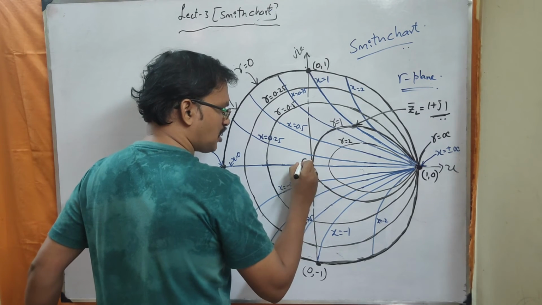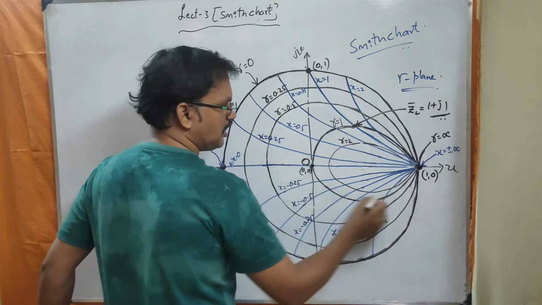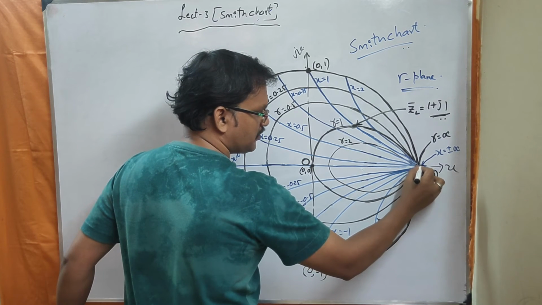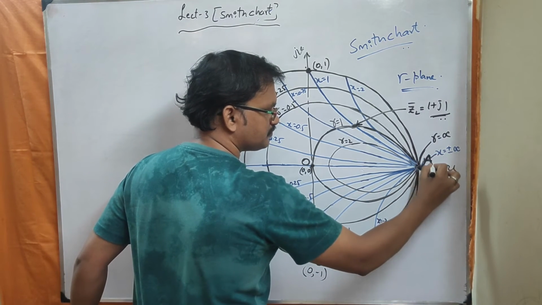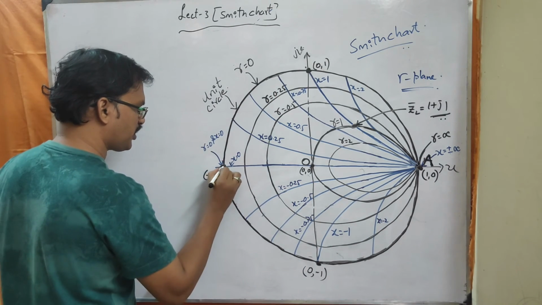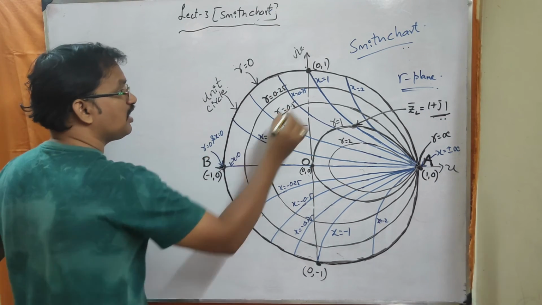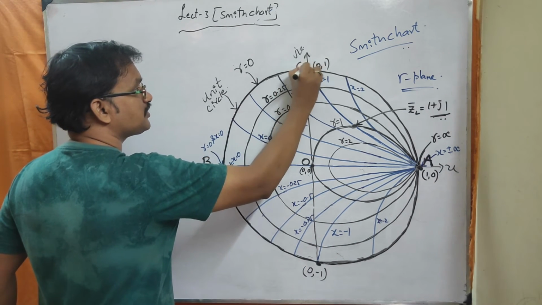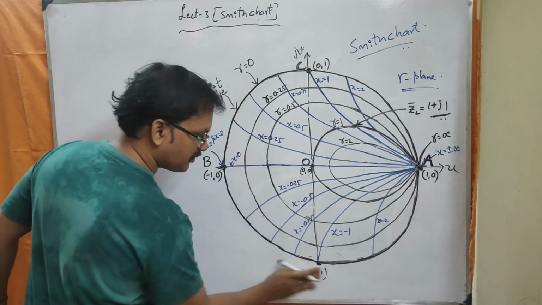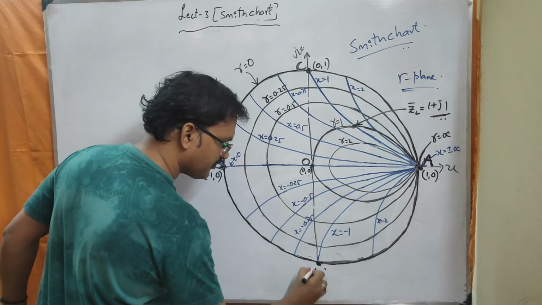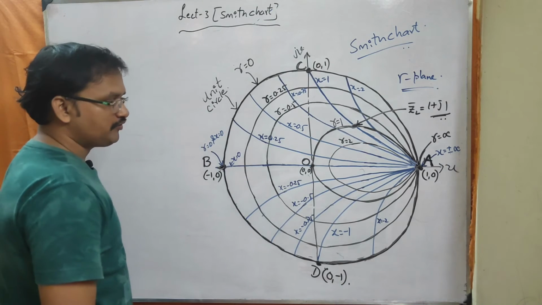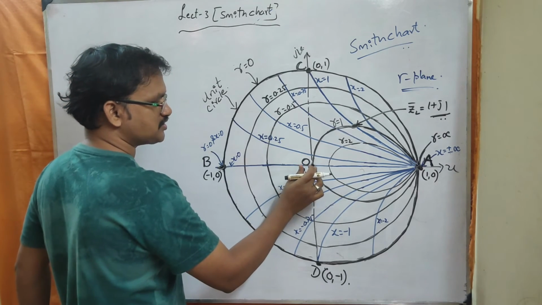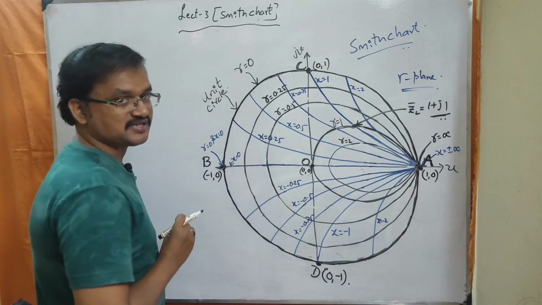Okay. So that is this origin point. Now we will see what this origin point will represent, and this extreme point 1, 0. This point I am representing with A, and here this point I am representing with B, and here this point I am representing with C, and this 0, -1 point I am representing with D. Okay, now we will see what these points will represent.